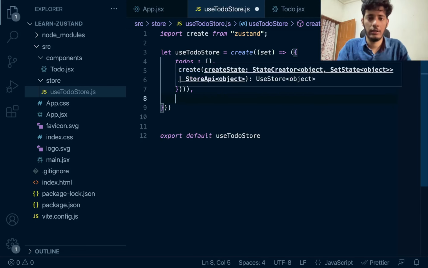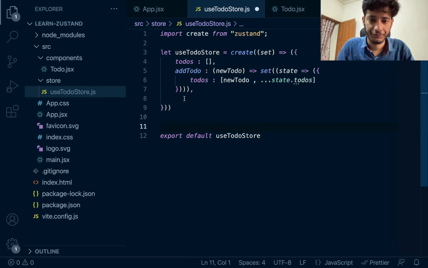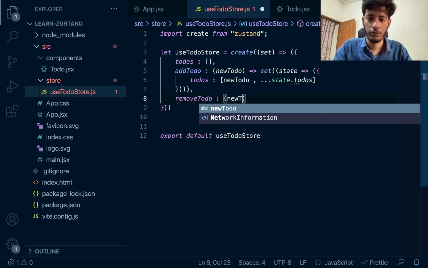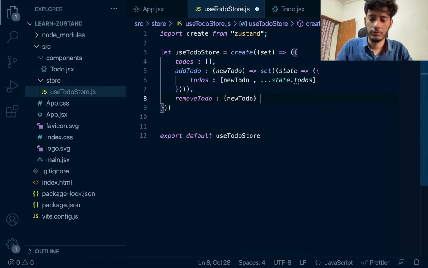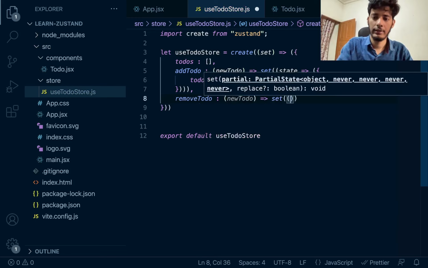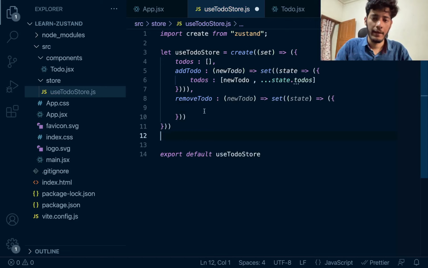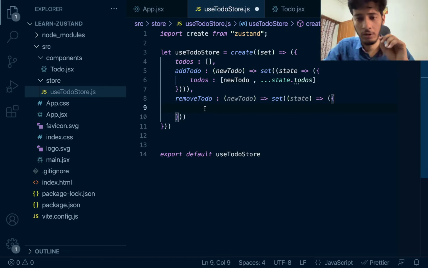The next thing is removeTodo, which will also set state. Here we'll just remove that todo. So how will you do that?